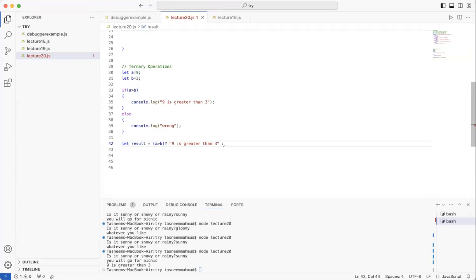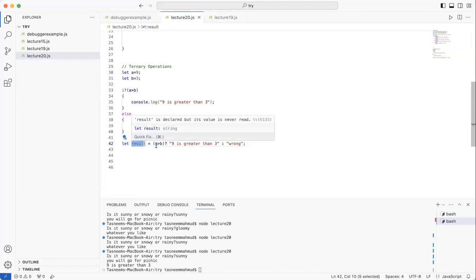Then we put in a colon and write down the other condition, which is wrong. Is this part clear for everyone so far? So what are we doing? We're storing whatever the result for this condition is in this variable over here. In this case, if A is greater than B, then we store it in result. But if it is not greater than B, we store wrong in result.